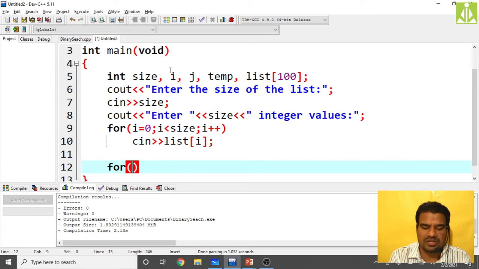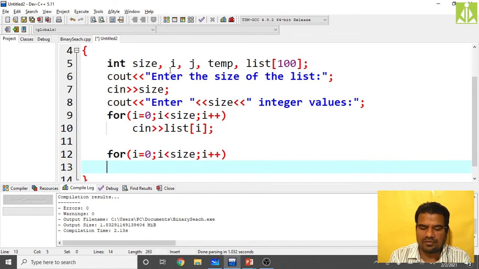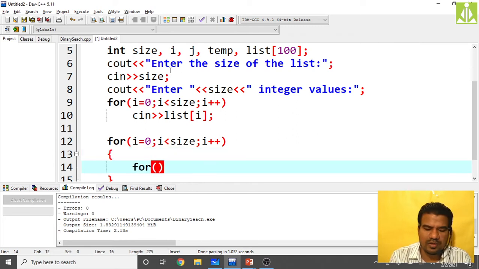The simple logic, you can see, only two for loops. Int i equals 0, i must be less than size, i plus plus. Then we have to take another for loop, for j equals i plus 1. Only this thing you have to remember. j must also be less than size and j plus plus.